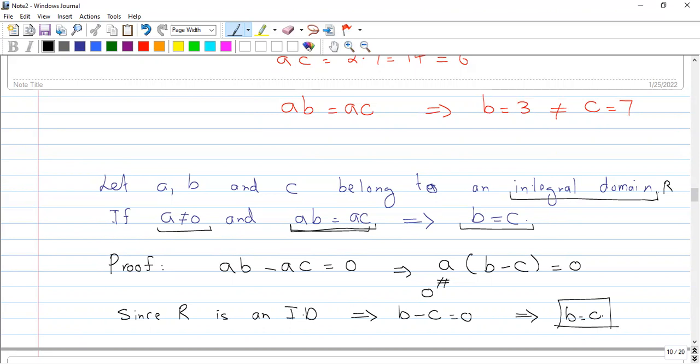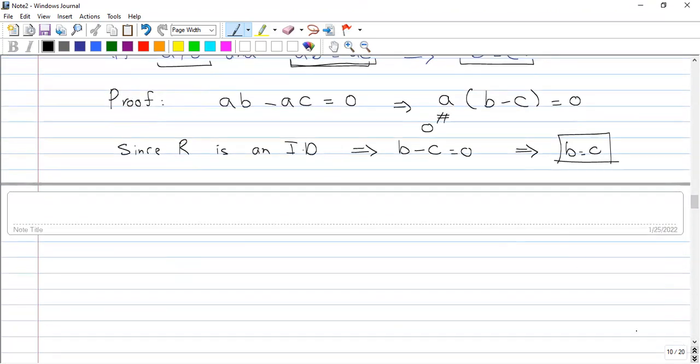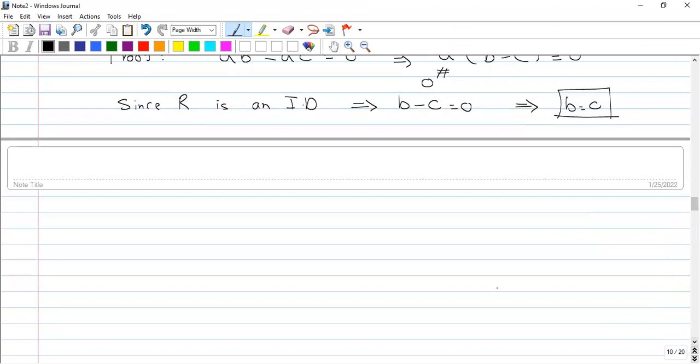So if there are no zero divisors and the product of two things is equal to 0, and we are sure the first thing is not equal to 0, then the second thing should be equal to 0. So it implies that B is equal to C. So this is a simple proof. Actually, I will use this in some proofs. Now next, after the integral domain, we have the concept of a field,